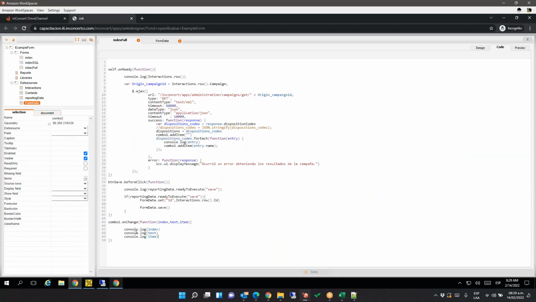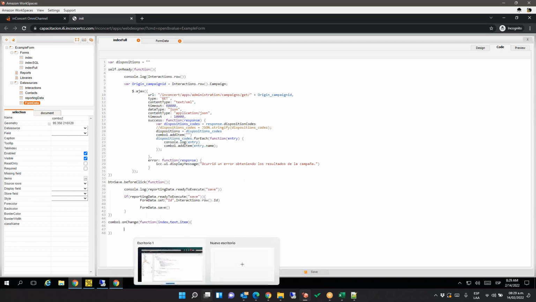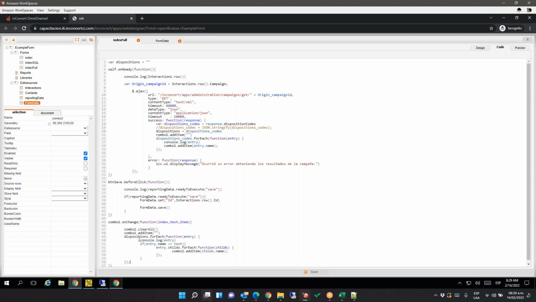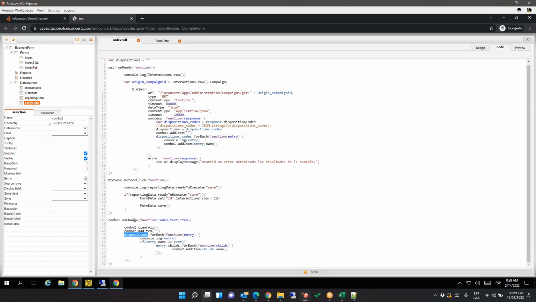So what will happen on the onChange? Well, here I'm setting up the dispositions. And here I'm going to ask again for those dispositions. I don't have to go again to the method. I'm going to take, for each disposition that is incident, the child. Okay,